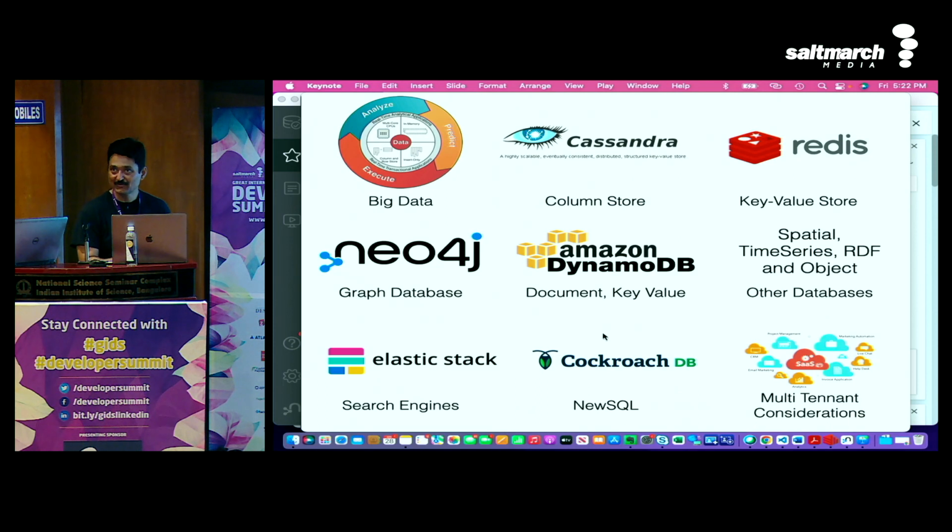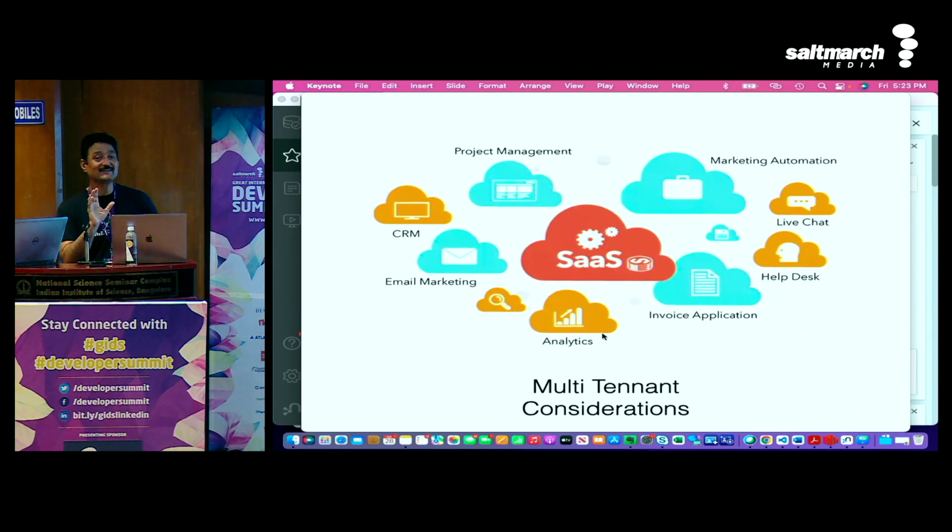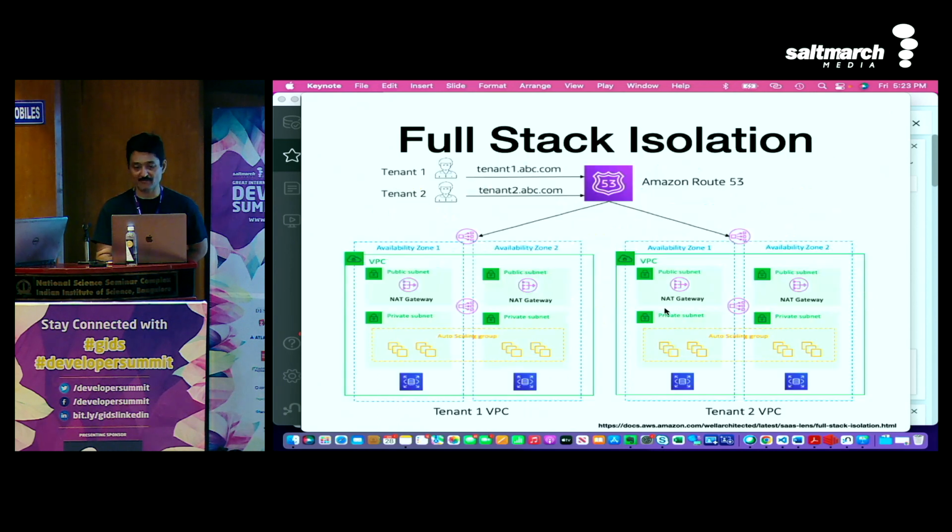Multi-tenant, how we do multi-tenant is very important. The point here is, when you are building the system, you have a healthcare system, you have analytics going on, SaaS is going on. How do I do this for all the databases? A multi-tenant environment, that's the problem. In that case, what you need to do is create something called a pod. You know what a pod is?